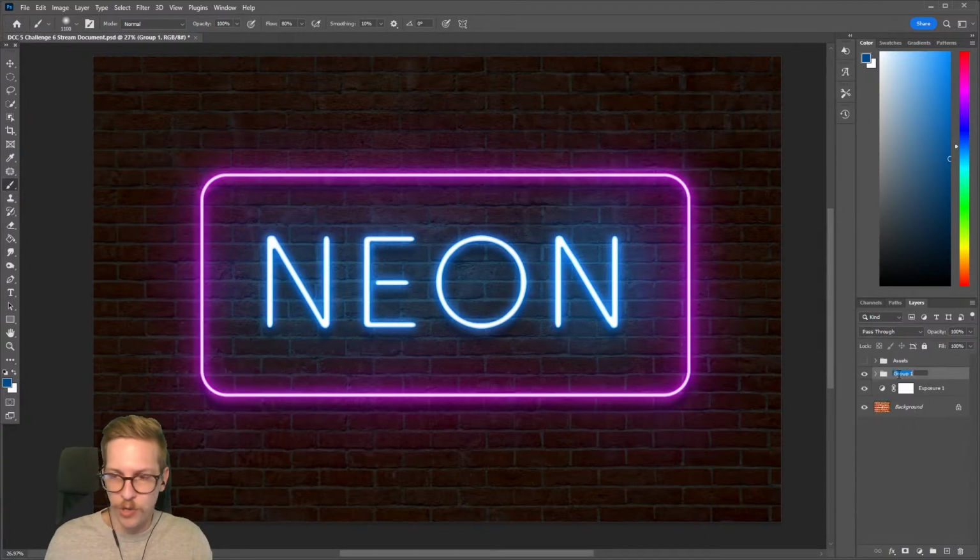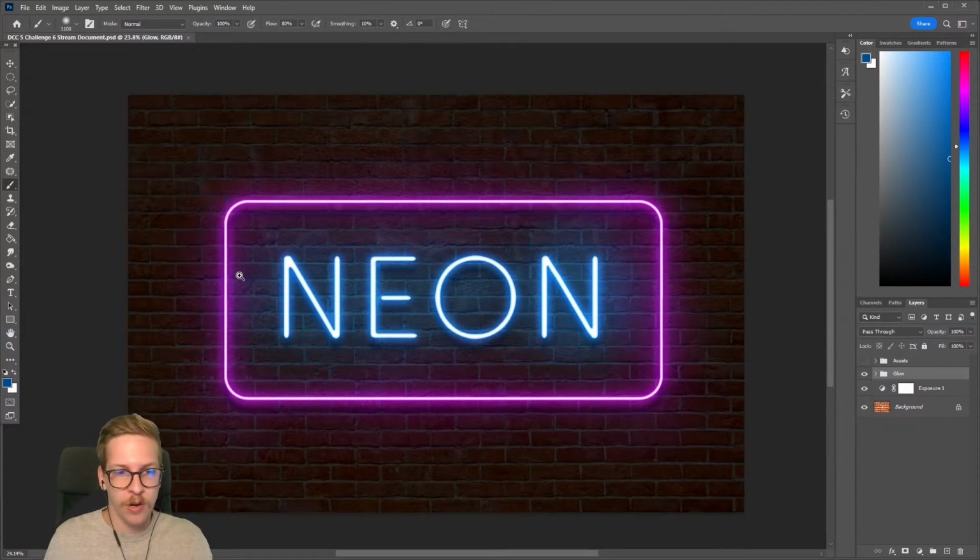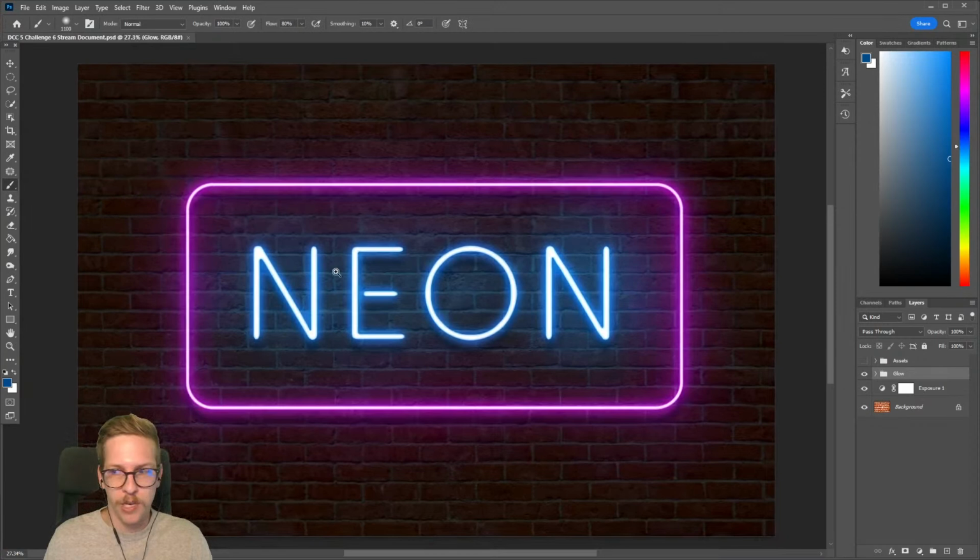Put those in their own group, and I'll just call this glow. So those are kind of all our glow layers. But before we edit that, I think I will go over something else just for the sake of time, because we could add some exposure layers to this, some level adjustment layers, just to boost that contrast even more. And we'll do that if we have time, but let me go over how we would add some wiring to